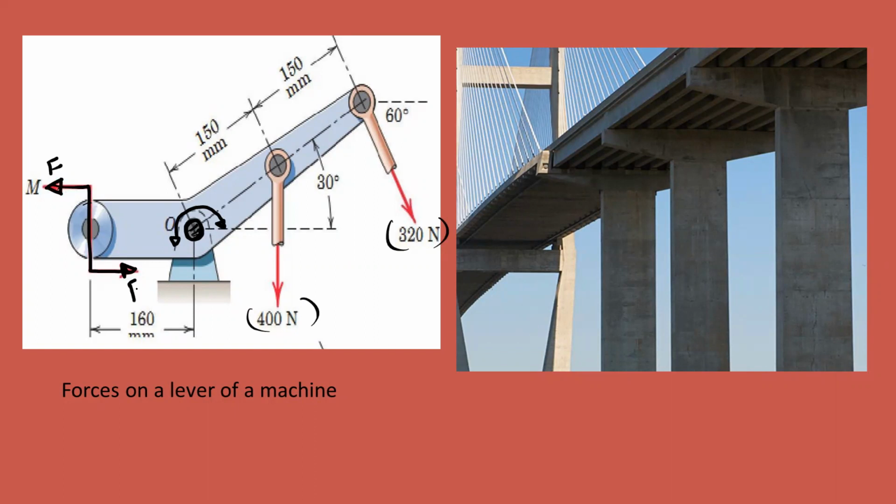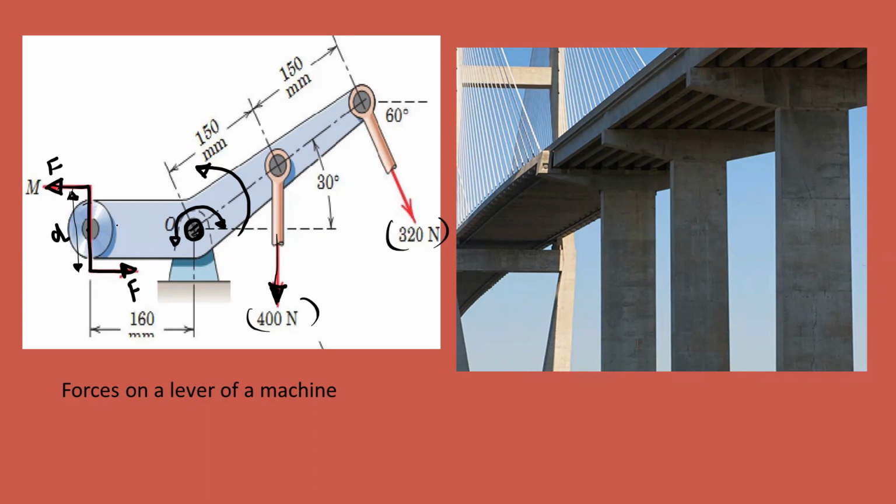So this is F and F, and there is some perpendicular distance, that is D. When we apply this moment at this point, this moment will try to rotate this lever in this direction about this pivot point. And if there are some cables connected, you can see these are the cables, and these are the forces which are developed in that cable.